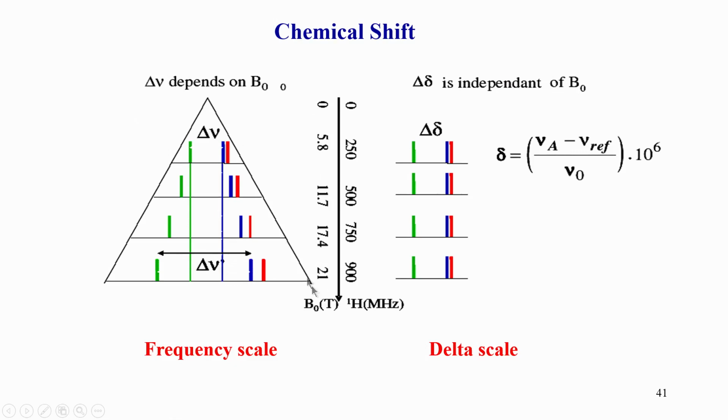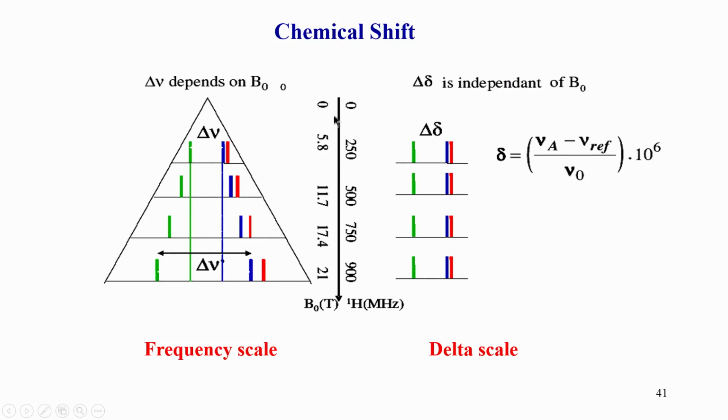So although they look the same in the delta scale, in the frequency scale, the Hertz scale, they are actually not the same, the chemical shifts are actually changing. Therefore, the ppm scale is a very preferred scale because it makes it independent of the spectrometer that you are using, and therefore it is very handy and useful, whereas the Hertz scale tells us that the peaks are going apart. So the resolution is going up because I am separating the peaks more and more.